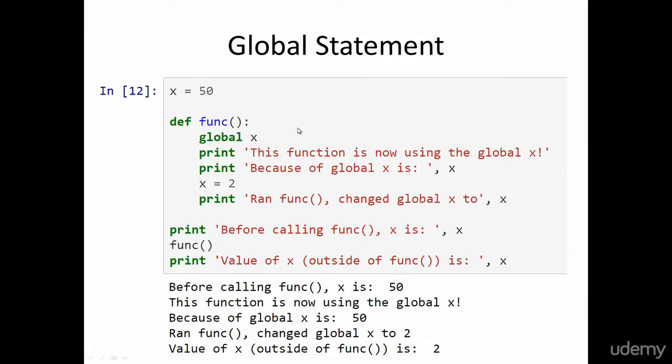Here, it's the same code you've gone through before in the Jupyter notebook. I have assigned x is equal to 50. And now, this is where it gets interesting. Within my function here, I say global x. This basically tells the function, hey, I'm looking for the global name of x here. Whatever changes I do will affect x globally. So then I print "this function is now using the global x", print "because of the global x, is" x, reset x equal to 2, print "ran func, change global x to" x. Outside of the function, what I first do is print "before calling func, x is",